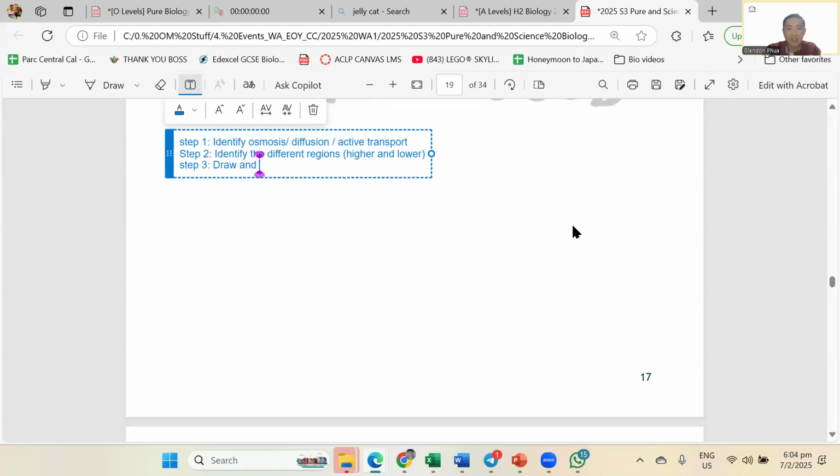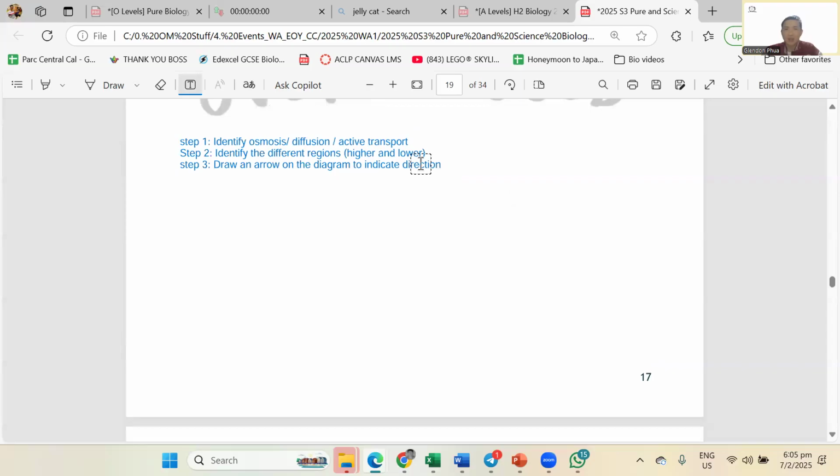Step 3. Draw an arrow on the diagram to indicate direction. This is the most common reason why students lose marks for this topic. It's not because they don't know. It's because they see the question, they do all the thinking in their head, then when they write, they forget what they thought. So later I'll show you, just draw the arrow. Is the thing moving in or moving out? Then as you describe your answer, I just follow the arrow. Once I draw the arrow, go in or go out, your answer becomes very easy already.